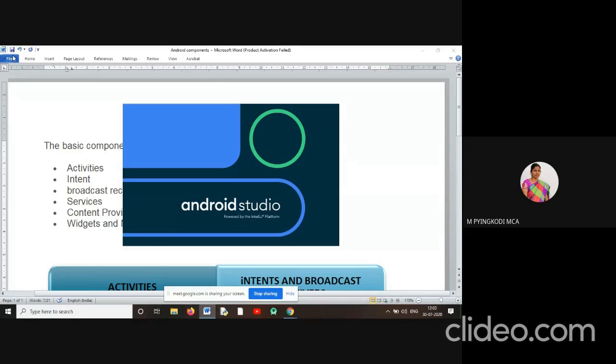Through this activity, we can design a user interface: a text box, edit controls, checkbox, radio button, button controls. So we can design the graphical user interface, the GUI. That is designed in the activity.